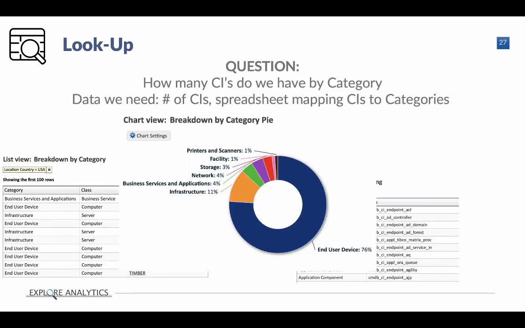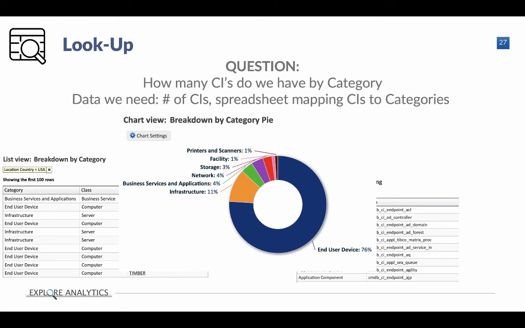Once we have that, we can use something called composite views, which I won't discuss in this video, but you should go and find out more, to turn that list with that calculation into a table that we can run reports on. So this is a report against the CI table in ServiceNow, and I want to stress again that this is a real-time report that's directly against the data, but it's grouped by that category that we looked up